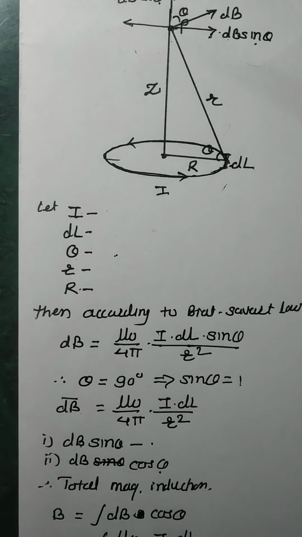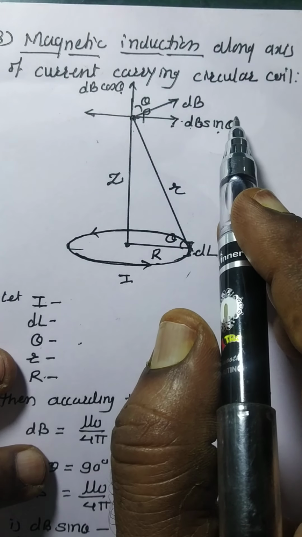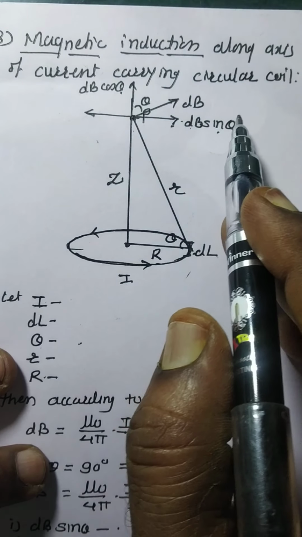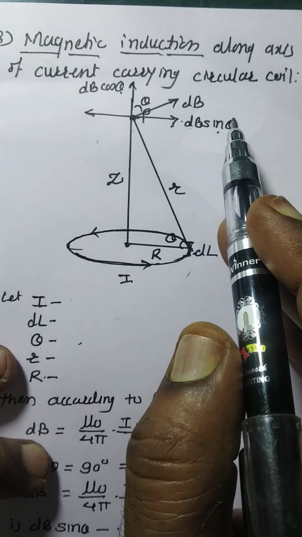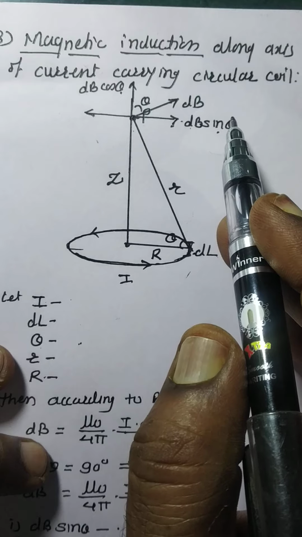Now what did we do? Magnetic induction along the axis of a current carrying circular coil, like this. Here